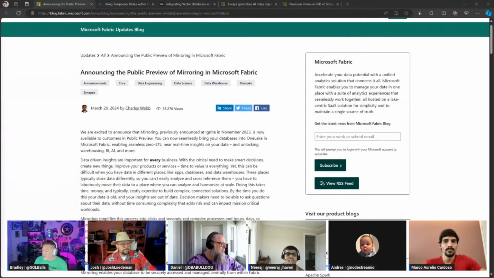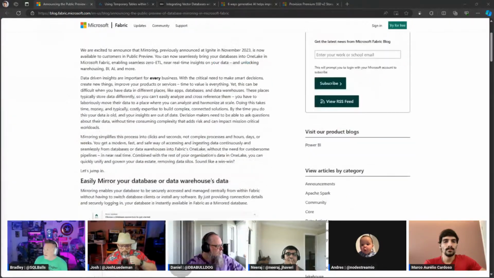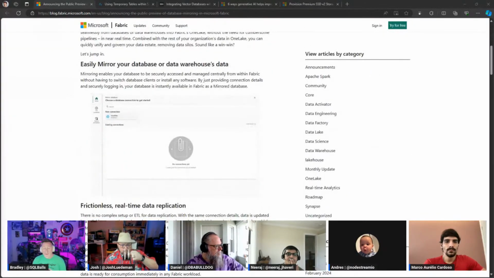So Charles announces this, and he talks about how easy it is to mirror your data into Fabric. And this is a key for me, because if you think about it, part of our architecture as data people has always been, let's take our OLTP workload, and then we have to forklift that into our analytics environment. Then we need to set up data integration pipelines. We might even need to make some table schema changes, or enable something like change data capture, or table versioning underneath the covers to make this work.